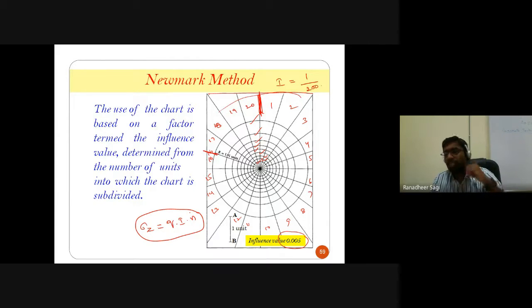Okay. However, this particular pneumatic chart is not very widely followed nowadays for estimating vertical stress, as it is a more approximate, graphical method, where you truly depend on counting the number of elements traced by the size of the foundation you have transformed onto your tracing paper. So in the process of counting the number of elements, the elements you are trying to count are always not full in number.